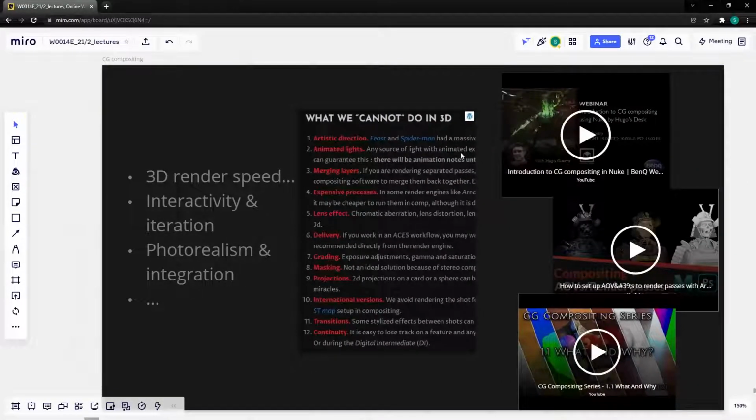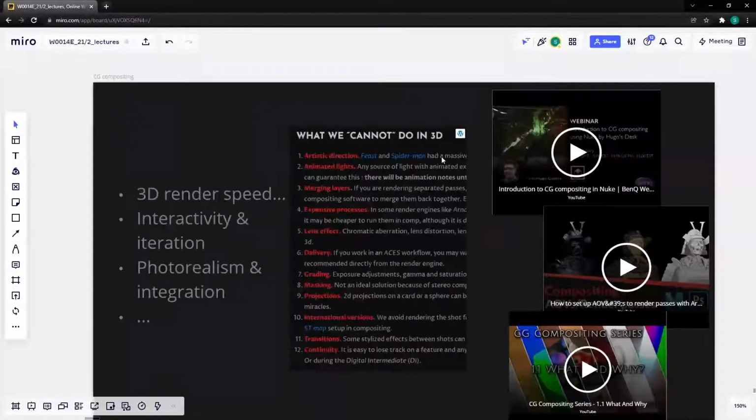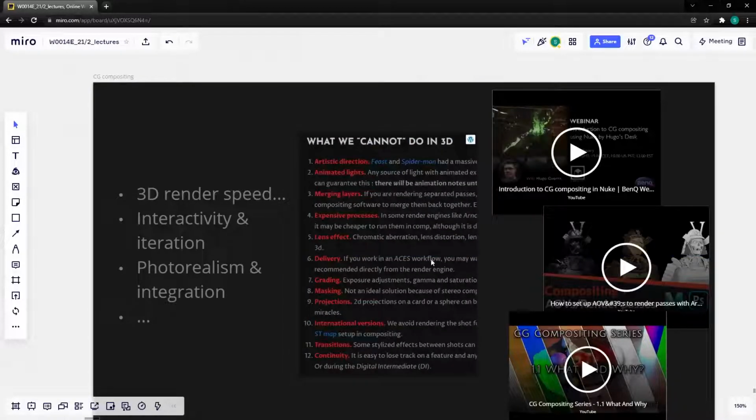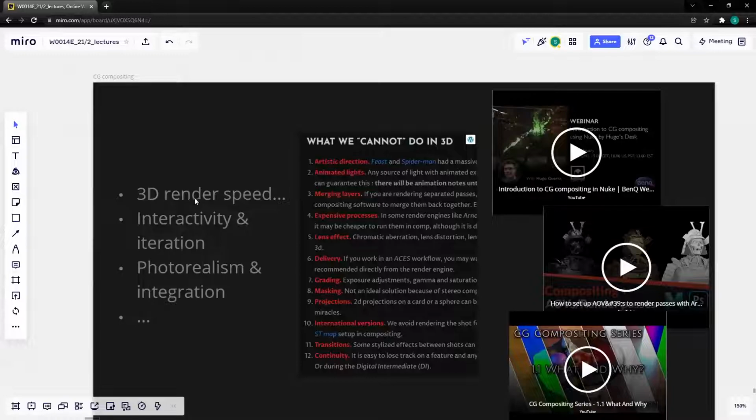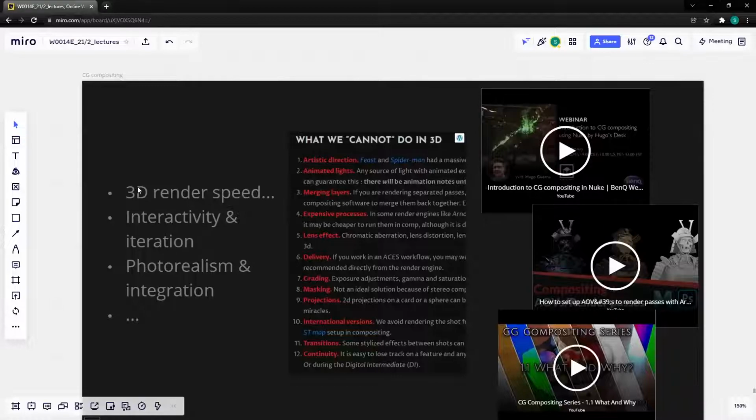In the CG cinematography website, there's the compositing article or chapter, which deals with why compositing, and a bunch of different reasons for it, and more discussion in that chapter. There are various reasons for it. One of them is 3D render speed. Sometimes it just gets sort of slow, but we can fix things in post, and that's an option. Another reason is interactivity and iteration. Even if the render speeds are decent, they don't allow for